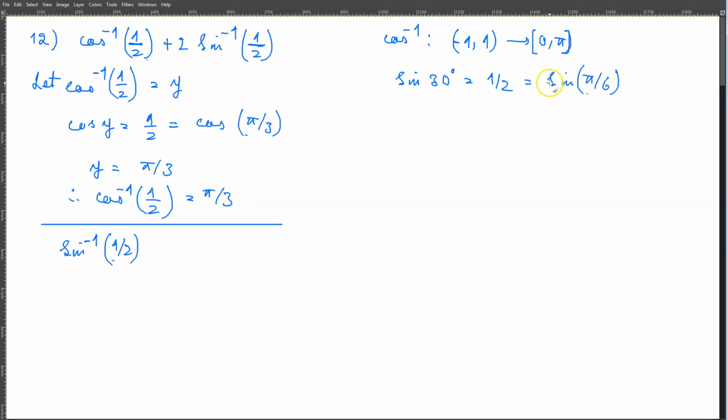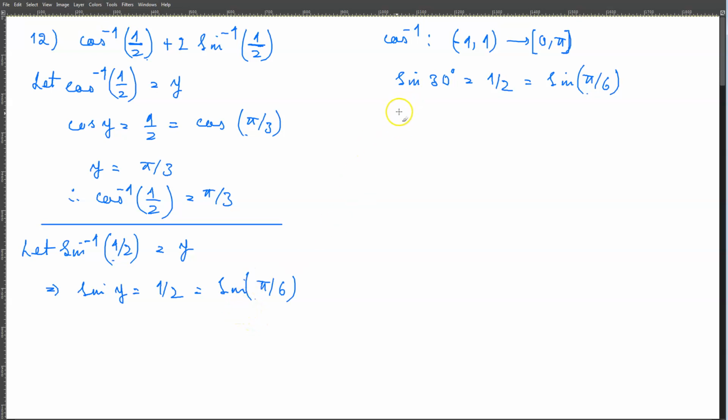So sine of pi by 6 is equal to 1/2. So let's say, for example, let sine inverse of 1/2 is equal to y, which means that the sine of y is equal to 1/2. If sine of y is equal to 1/2, that is equal to sine of pi by 6,